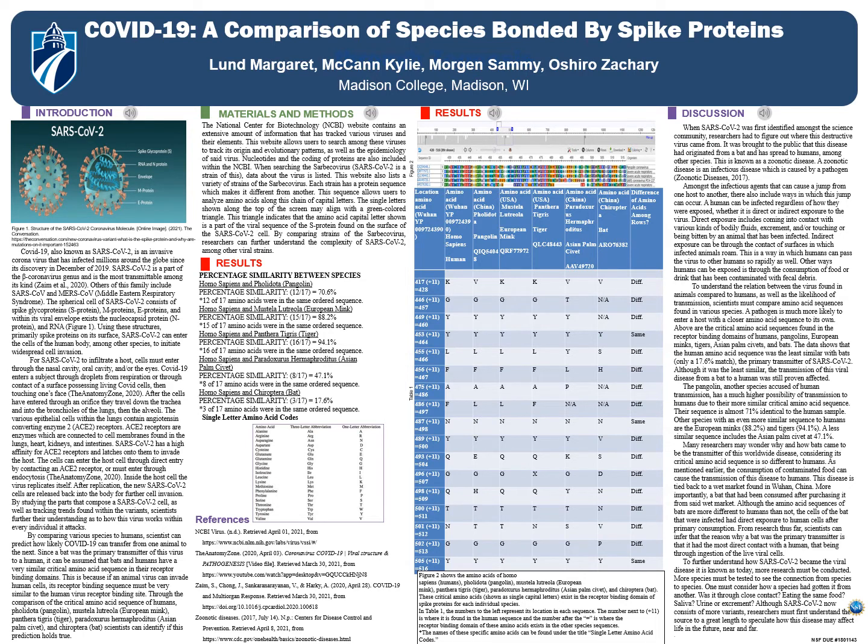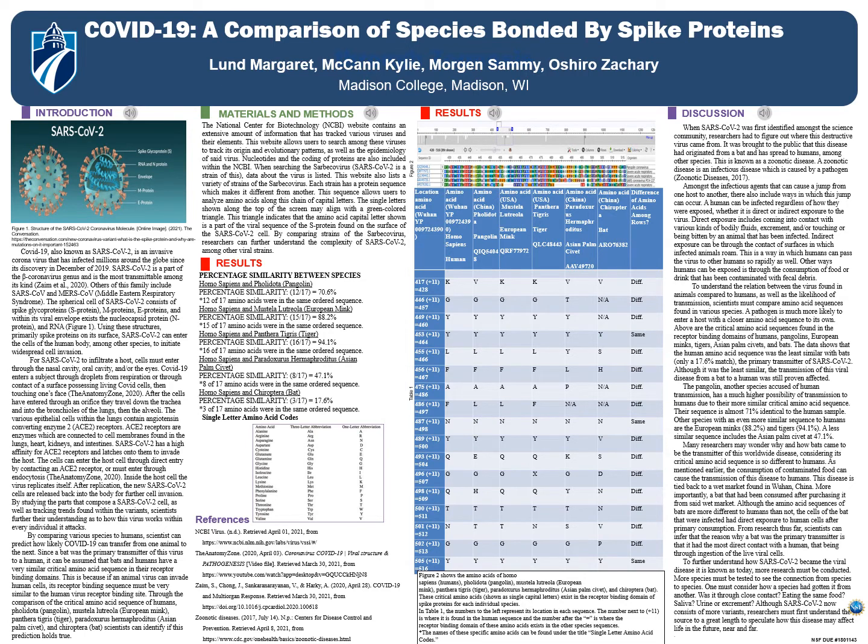So I'm going to go over the results portion of this project. If you look at table 1, you can see that the species we chose to compare to humans in regards to their amino acid sequences are pangolins, European minks, tigers, Asian palm civets, and bats. What we found when we compared their amino acid sequences was that between humans and pangolins, the percentage similarity was 70.6%. Between humans and the European mink, it was